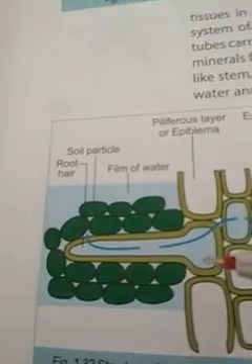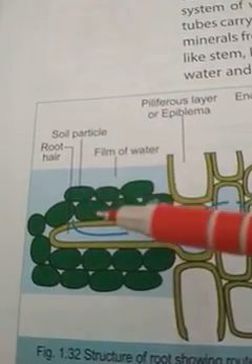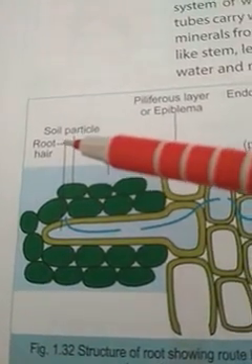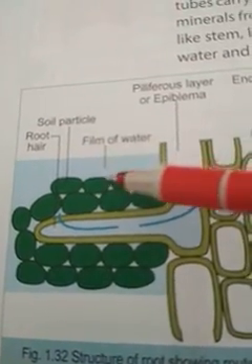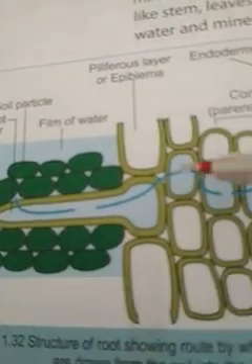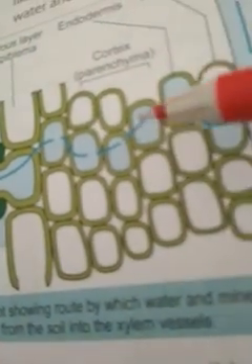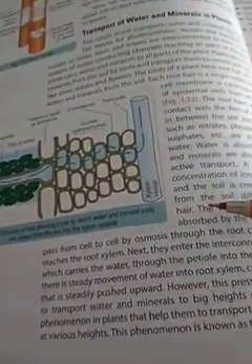This is the diagram of the root hair, by which the root hair gets dipped into the soil, and by this the water gets absorbed in the root hairs, and then it flows into the associated cells and goes into the xylem vessels. This is the xylem vessels. So this is the path of the transportation of water in the